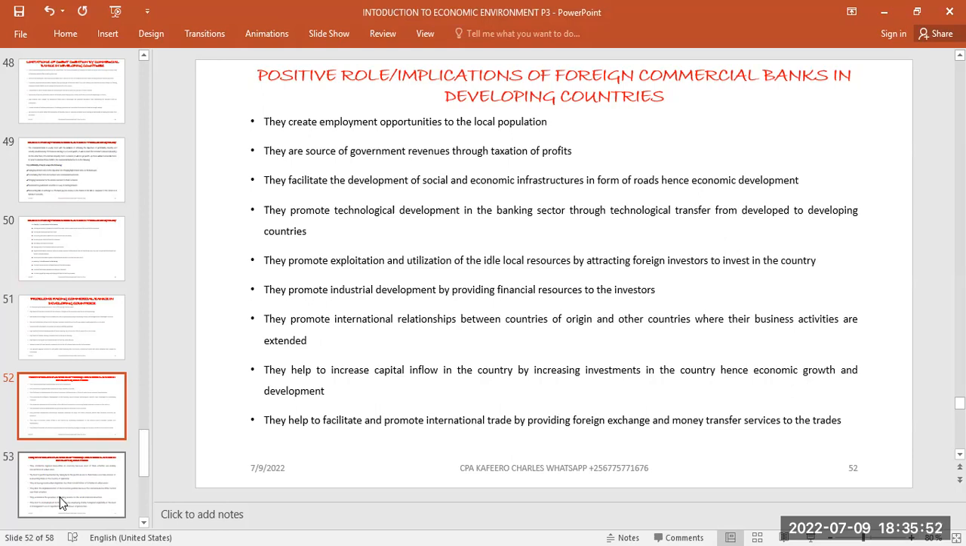Secondly, they are a source of government revenue through taxation, because when they make profits, we tax their profit and we get revenue that can be used to do the recurring and the development, the capital expenditures of the government. Then they facilitate development of social and economic infrastructures in form of roads, hence economic growth and